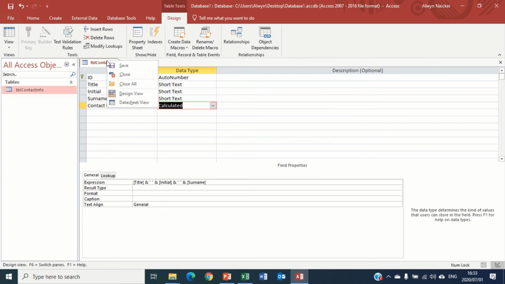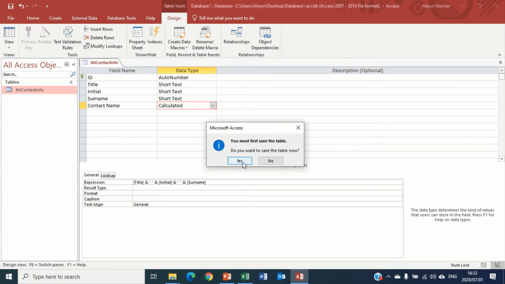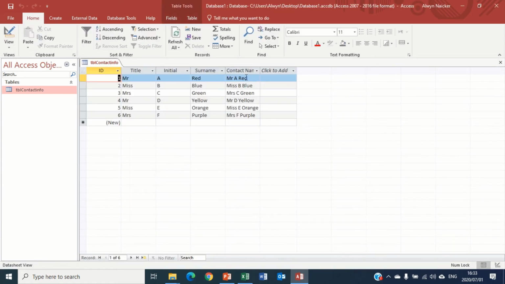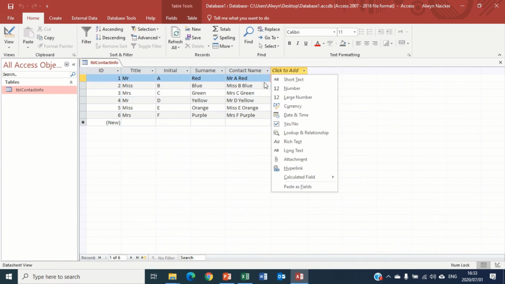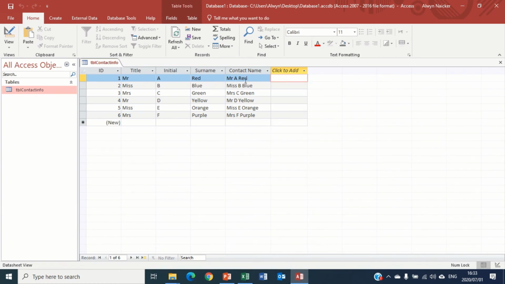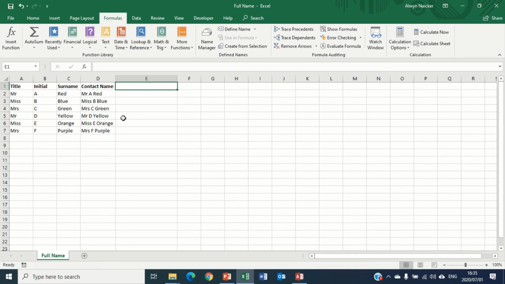Let us go back to our datasheet view. So I'm right clicking, datasheet view. It's going to ask you to save. Yes, let's save it. And just like that, we've got our contact name where it then tells us Mr. A red, Mrs. B blue, exactly bringing information from the different cells into that one cell. Perfect. So we got to see what concatenate or concat is actually used for